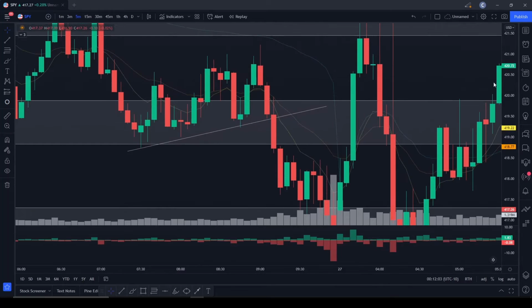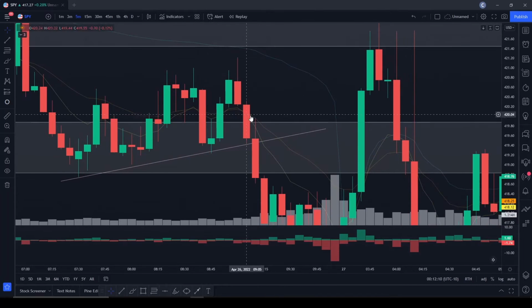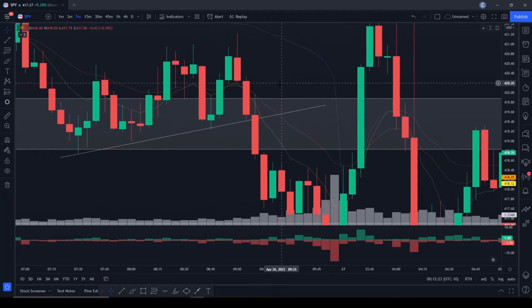So what we had was, even before we got the break of the trend line, we had a cross of our 9 and 21 EMA. The yellow line right here is our 9, and this orange line right here is our 21. They're a little transparent right now, so it might be hard to see, but our 9 crossed underneath our 21 right around here. So we get that cross, and as price breaks below this bottom trend line, we're getting rising volume, right? So you could have entered right here, this 419.40 level, or anywhere around this area, and we get